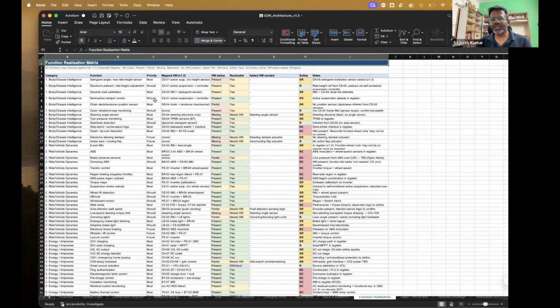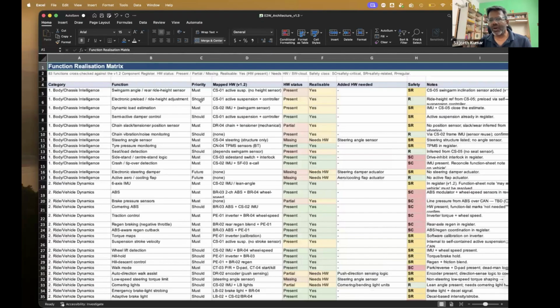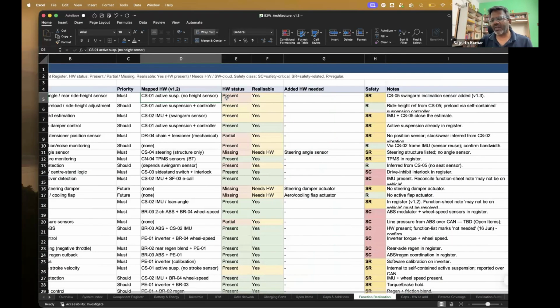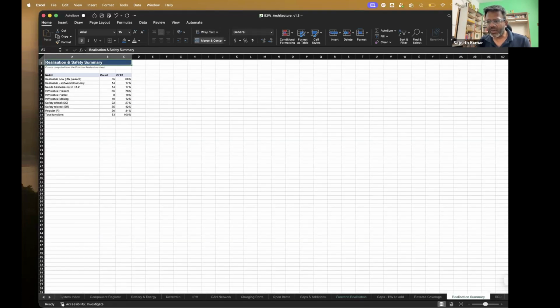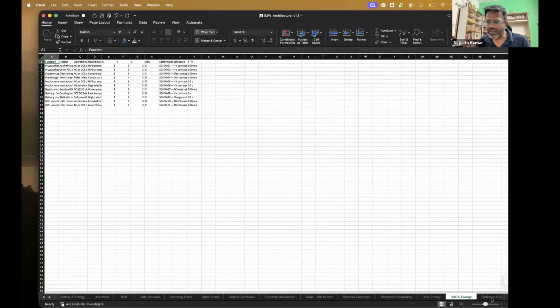So the function which my customer gave me, I must map it to a hardware and I should see if the hardware is present, if I can realize it or not. I need to do this. And then I go to the most important parts, which is,